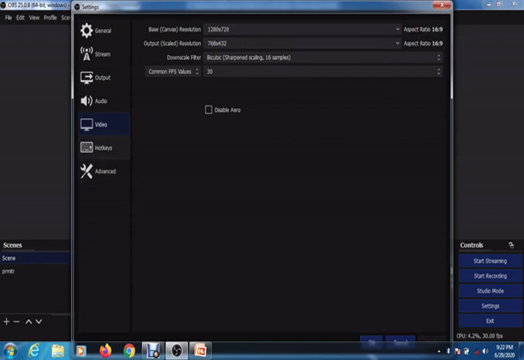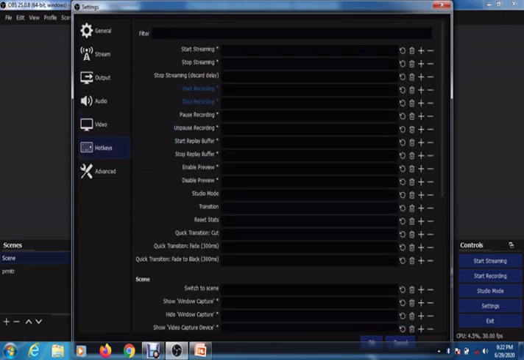We'll see the hotkeys also now. In these hotkeys you can give specific keys to the options provided. Suppose for start streaming I give the key 1, and for stop streaming I give the key 2. These are shortcut keys that you give in this particular hotkeys option.